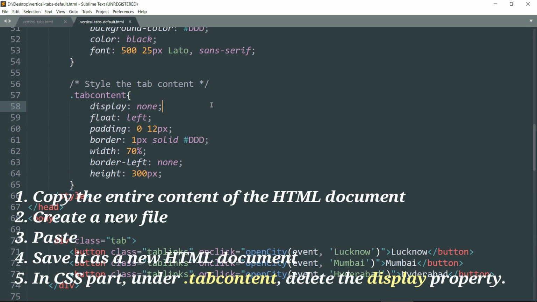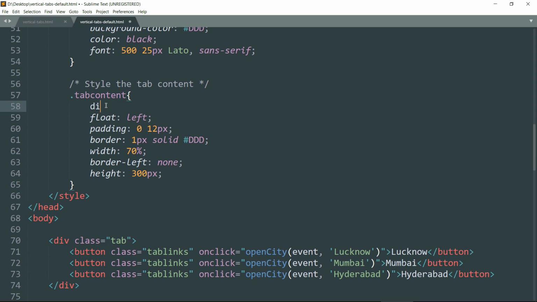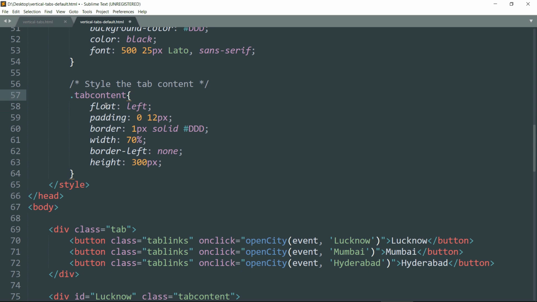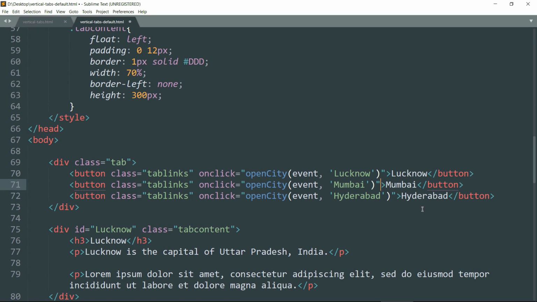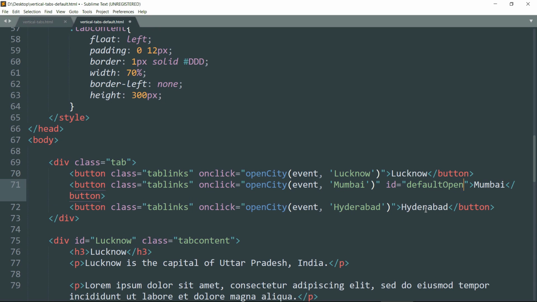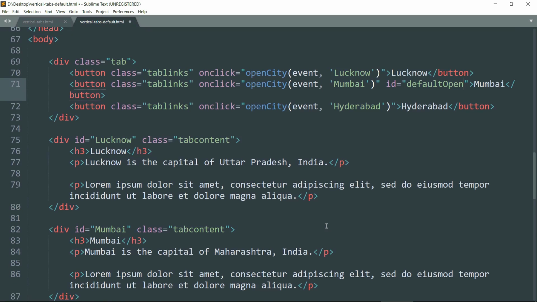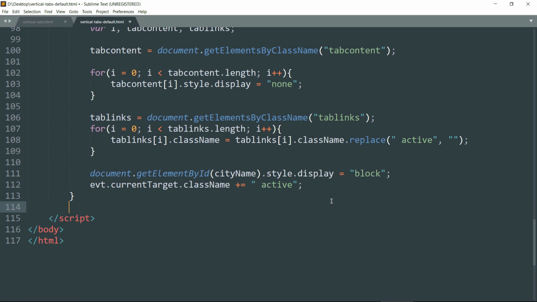Now let's remove this display property from this .tab content in this CSS part, and then add one more attribute to this second button. Write ID equals default open. Then outside this function that we have defined in the JavaScript, write a comment, get the element with ID default open